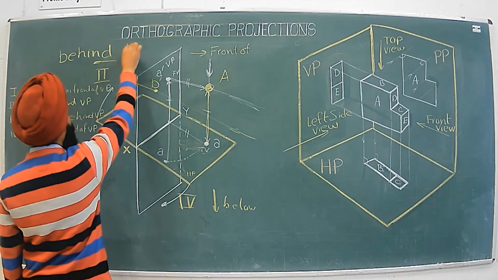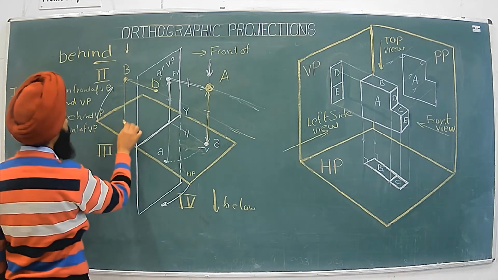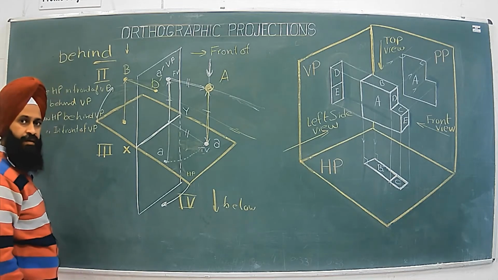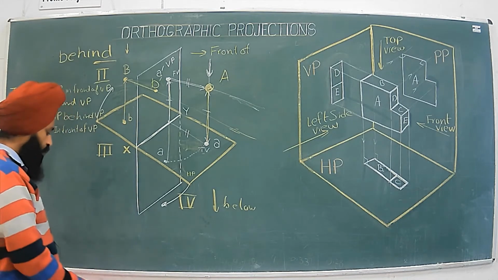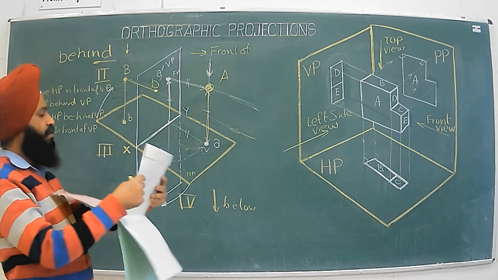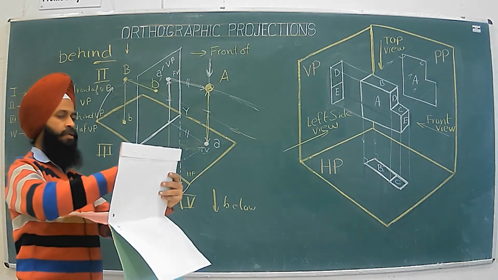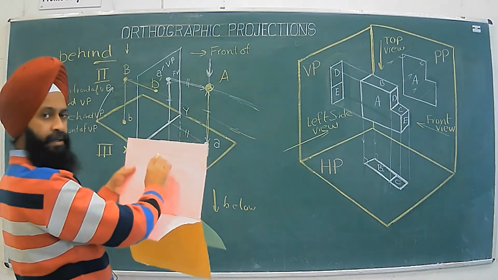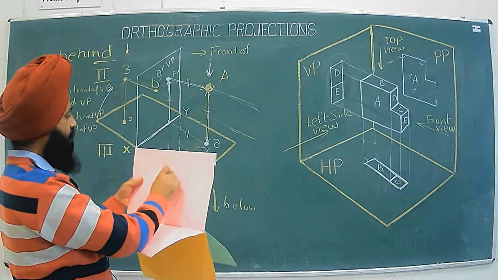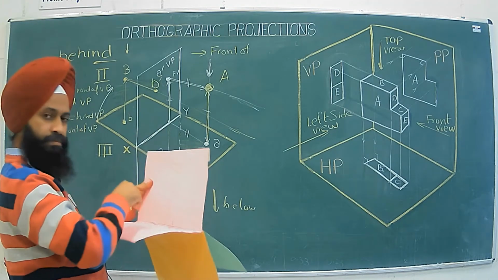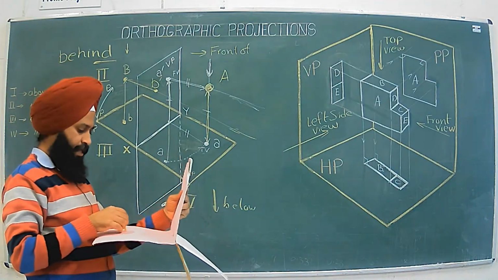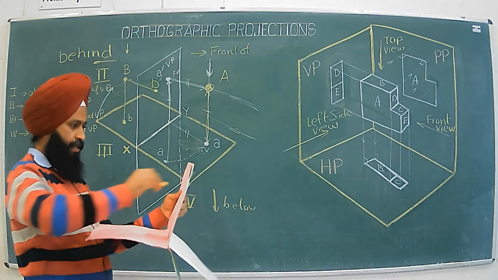And seen from top, there is again an image on the horizontal plane which is capital B. So we can represent this onto this. So here on vertical plane I am writing B dash, on horizontal plane I am writing B,